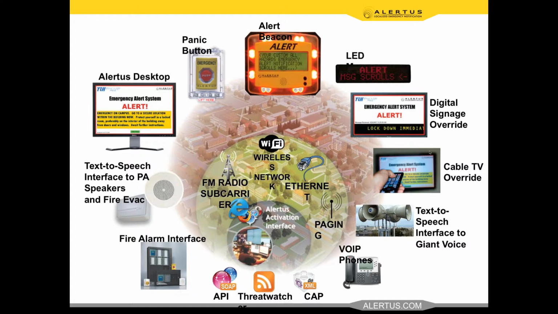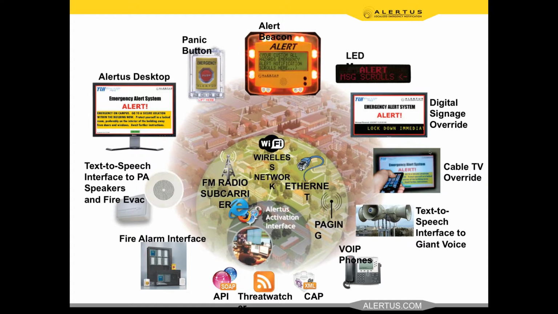So as I mentioned, you've got many different ways to get the message in. API, which could be downstream from some of your text and email services that you might be using today, other incident management software, those kinds of things. It could be automated through our Threat Watcher, where we're monitoring web feeds for weather services, lightning detection, those kinds of things. Or it could be from Common Alerting Protocol, a standard CAP protocol. We've also got mobile phone activation, web-based activation, and then that goes out through your network, wired or wireless options, depending on how we need to reach the different devices on your network, endpoints, those kinds of things,